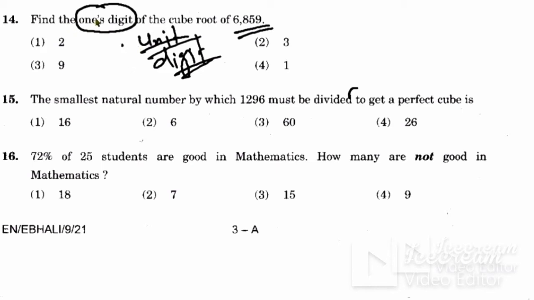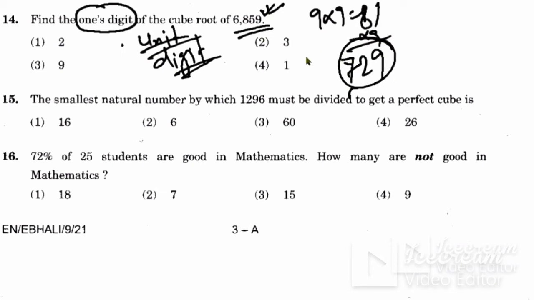इन्होंने 2021 में क्वेश्चन ही आपसे पूछ लिया कि फाइंड द वंस डिजिट ऑफ द क्यूब रूट. सो वंस डिजिट पे क्या है 9, तो किसका क्यूब 9 आता है आपको पता है, 9 का ही क्यूब आता है, ठीक है. कैसे आता है, 9 into 9 is 81 and again it multiply by 9, so it will be 729. So cube of 9 is 729. So last ones digit you will get 9. 9 आपको तभी मिलेगा क्यूब रूट में जब आपके यूनिट वंस प्लेस में 9 होगा, ठीक है. तो यहाँ पे आंसर आपका हो जाता है 9.